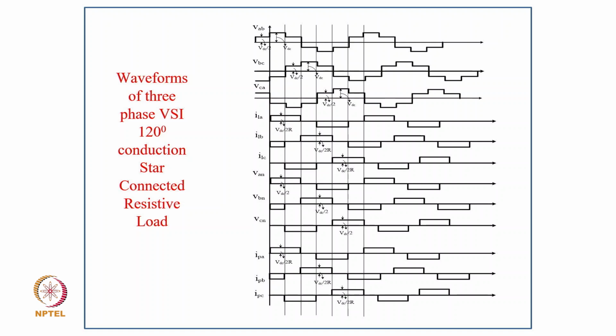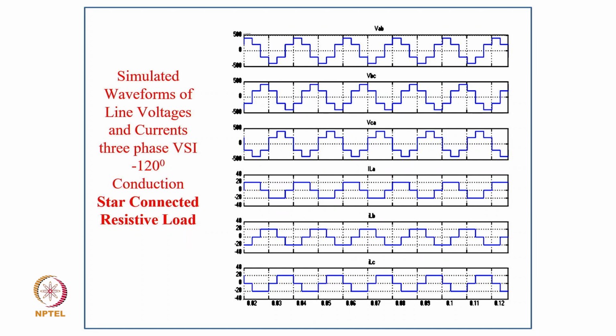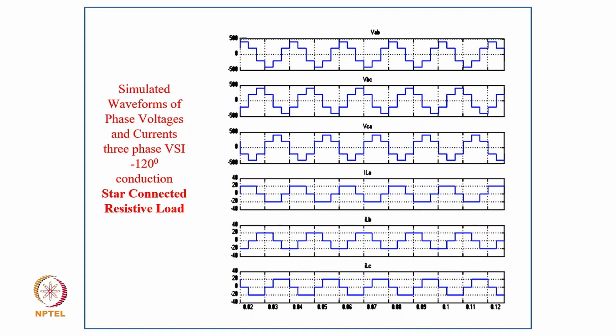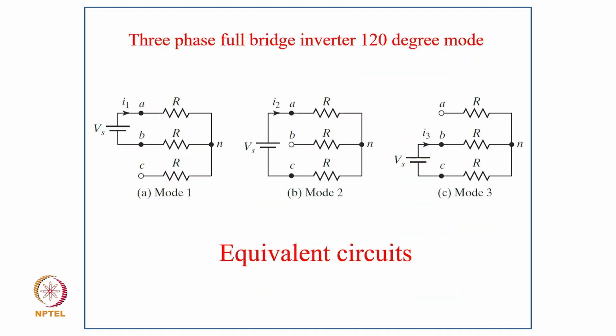As you can see here, the line voltage, then you have the line current, then phase voltage and phase current. These are the simulated waveforms of line voltage and current for the 3-phase VSI with 120 degree conduction and a star connected resistive load. The line voltage and the line current, and this is with the star connected simulated phase voltage and currents of the 3-phase. So now coming to the 3-phase bridge inverter with the